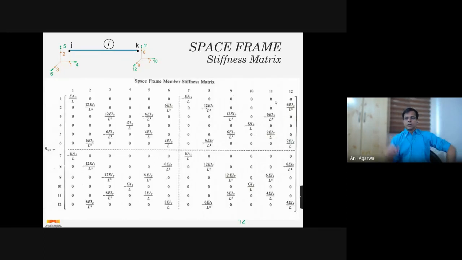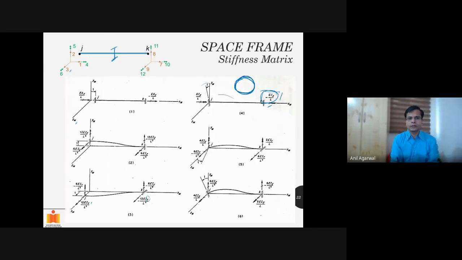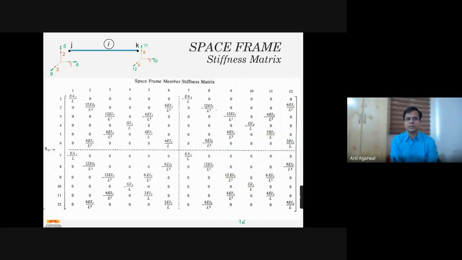All right. So the terms that we just saw, for example, here we had developed the stiffness terms, all stiffness terms in 1, 2, 3, 4, 5, 6, 7, 8 up to 12 degrees of freedom, but for unit deformations only in the first 6 degrees of freedom. Only for 6 deformations we had developed the stiffness terms for all 12 degrees of freedom,